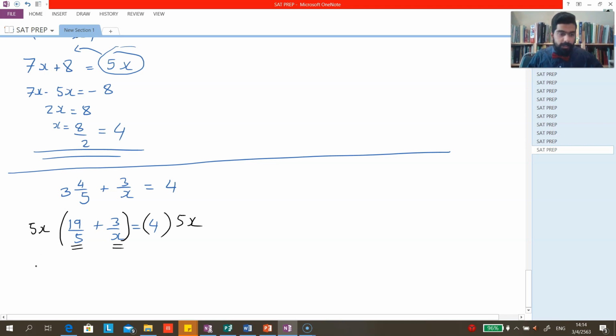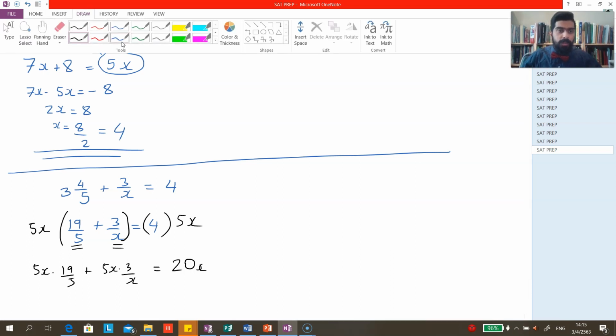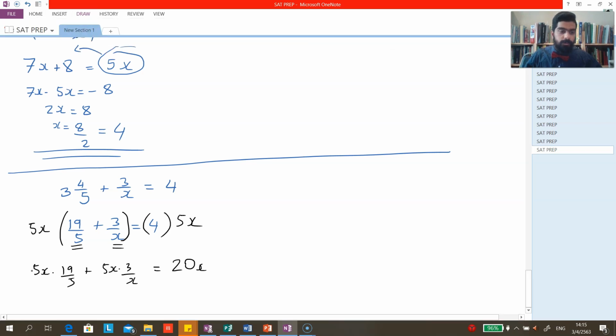Now, when we take 5x multiplied by 19 over 5 using the distributive property, plus 5x multiplied by 3 over x, which is equal to 4 times 5x, that would give us 20x. Now, if we take a look at this, 5 and 5 can simplify, and x would simplify. So what we'll have here is 19x plus 15 is equal to